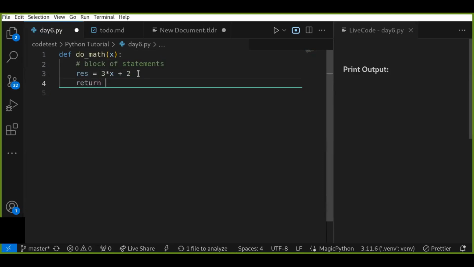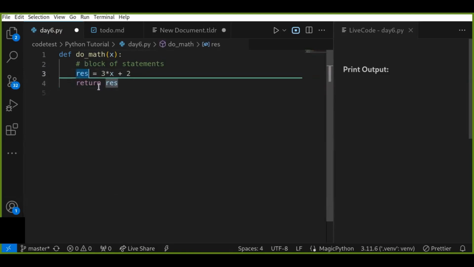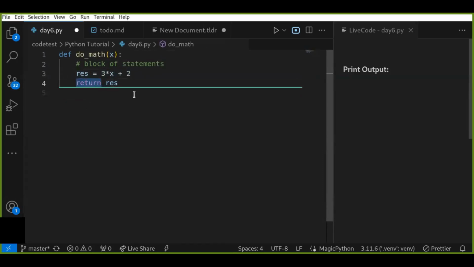So return, we call that a statement. Instead of result, it's going to return the result. So this formula computes